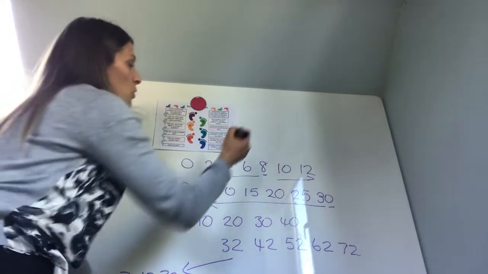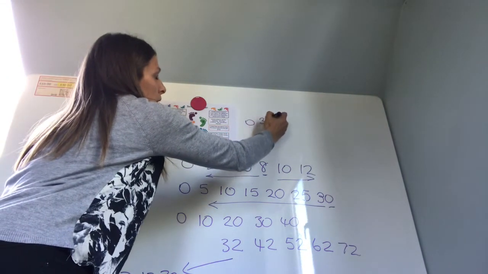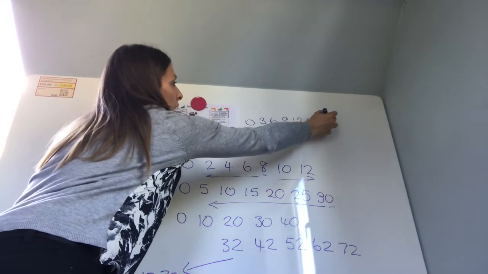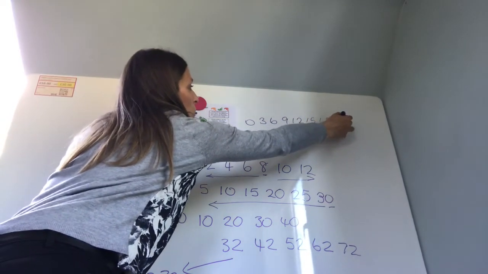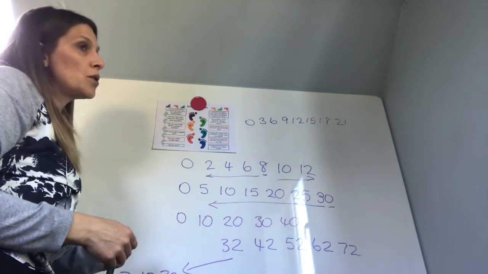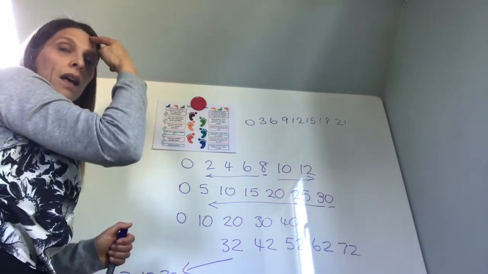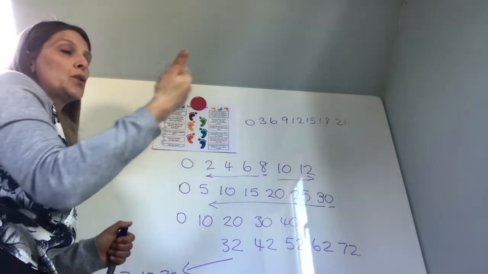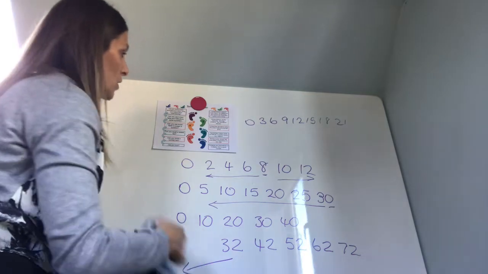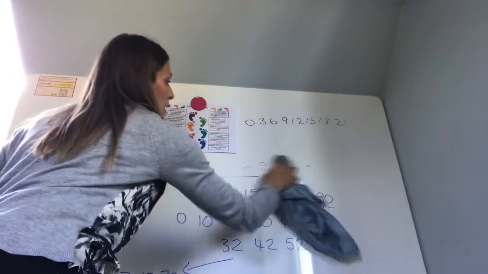again we're going to start with 0, 3, 6, 9, 12, 15, 18, 21. If you start to get a little bit stuck, remember each time you are adding on 3, so you can start from 21 in your head and you could add 3 on, so 22, 23, 24 would be the next number. Okay, so we've done that quite a lot there,